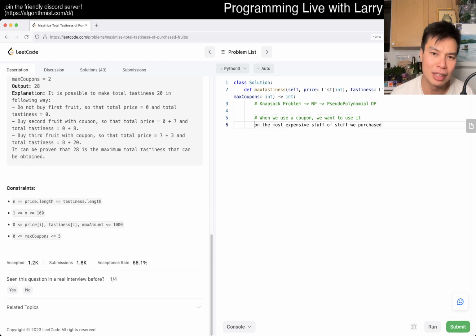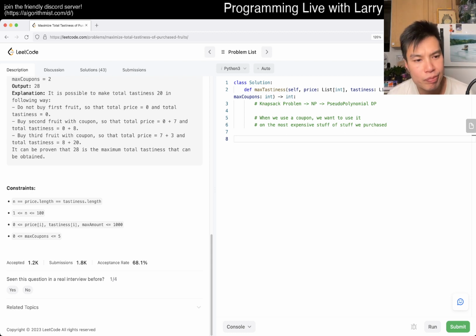I guess then in that case, it just becomes okay. I mean, I think I wanted this to be slightly more beautiful, maybe, but it seems like it is just actually pretty standard in a way. The max coupon just becomes a dimension because it's just so small, to be honest. So what we already talked about a little bit with the pseudo polynomial dynamic programming,